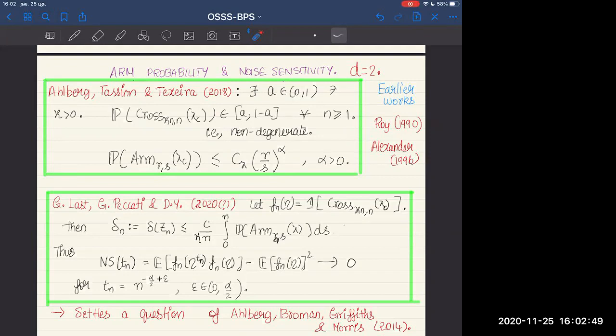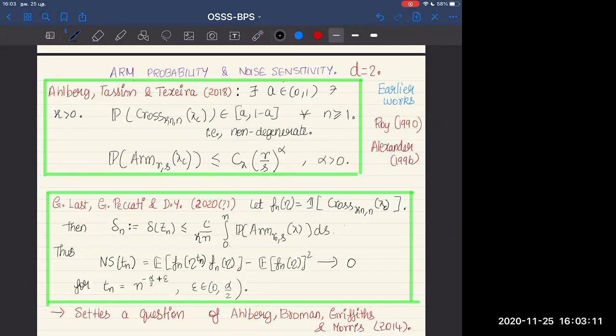This is R naught actually. Otherwise R is an arbitrary parameter, but R naught is fixed for us. S is the varying one. So this decays like S to the minus alpha, integrated from 0 to 1, you get overall a minus alpha. So essentially, if I take T n to be n to the minus alpha by 2 plus epsilon,